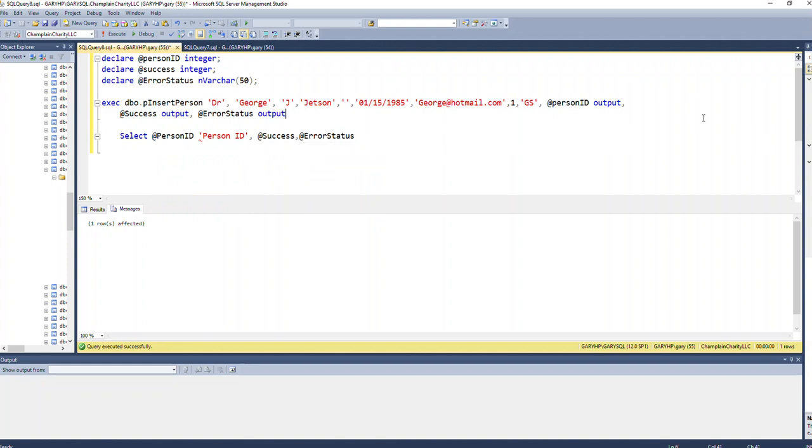Okay, so there's everything, and I only have to do all this stuff, the declares and this other output stuff, only if that particular stored procedure does have output parameters. Not all of them do. Okay, so I'm going to go ahead and execute it. And sure enough, I have somebody